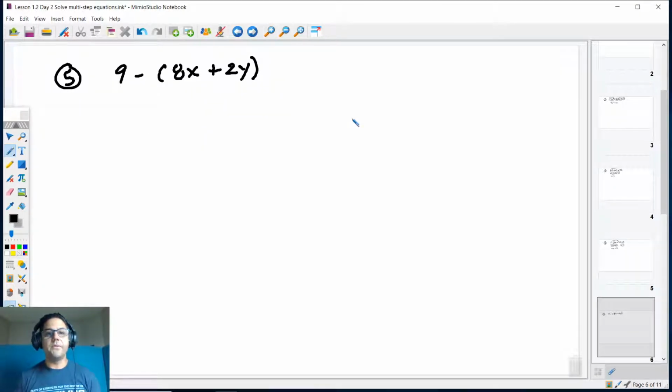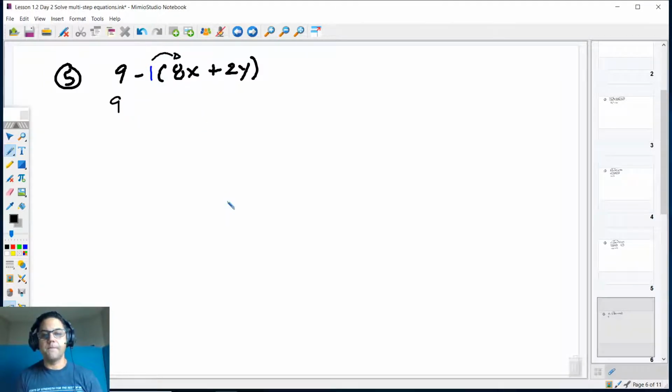All right, on this one right here, again, same idea. Go ahead and put a little 1 if you'd like to. Now, let me show you what not to do, because this happens quite often for my students. They see this as, oh, 9 subtract 1, so they put an 8 there, and then they proceed to use their distributive property. That is not allowed. My order of operations tells me that I am supposed to multiply before I subtract. So with that proper thinking, the 9 stays the same, and then I